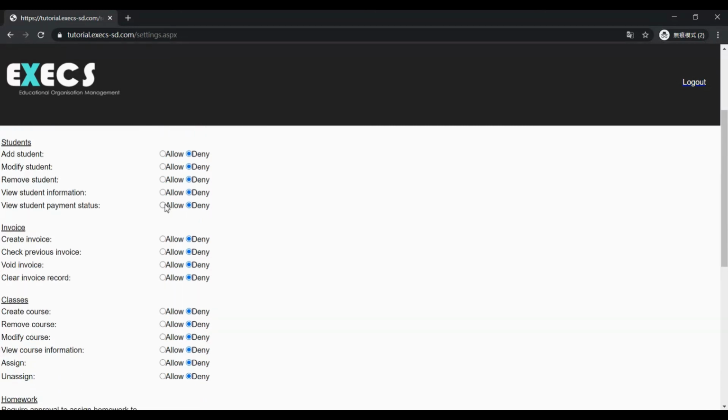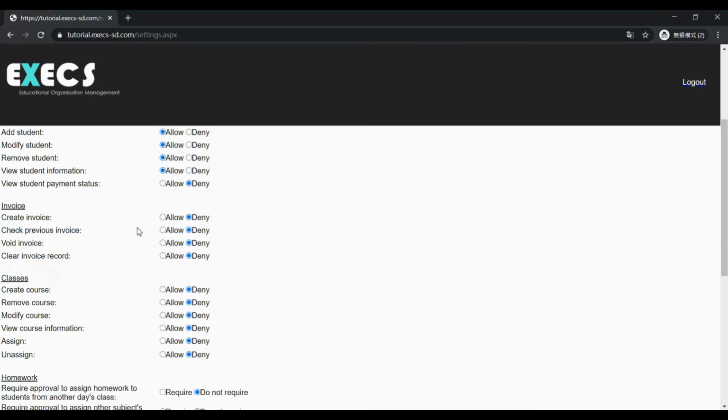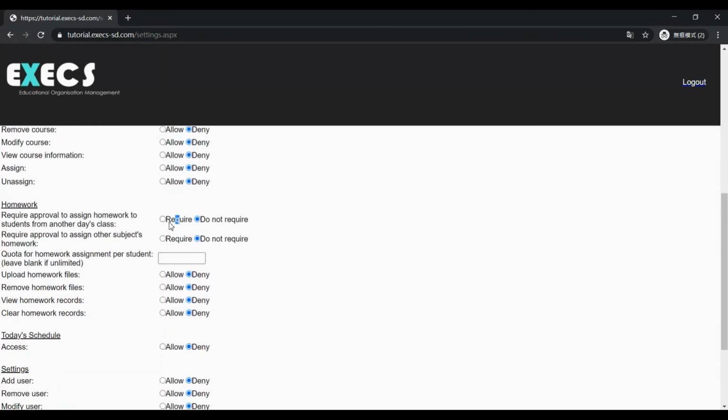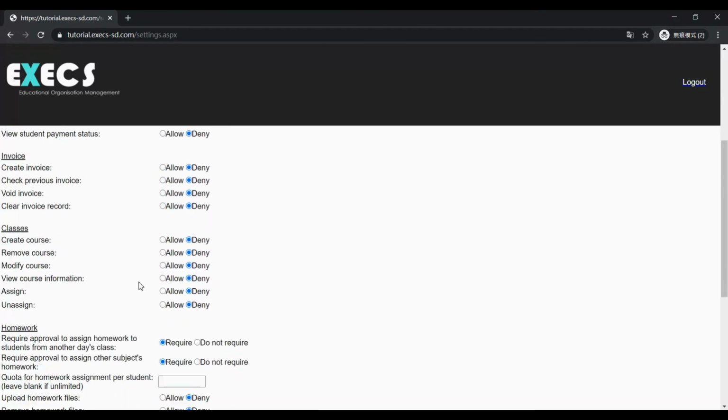For the questions that ask you whether you want to require or do not require, the settings mean whether the user has to require approval to do such actions. If you press Require, when the user tries to do that action, an approval password needs to be filled in. Usually we set Require for all these types of settings to make sure